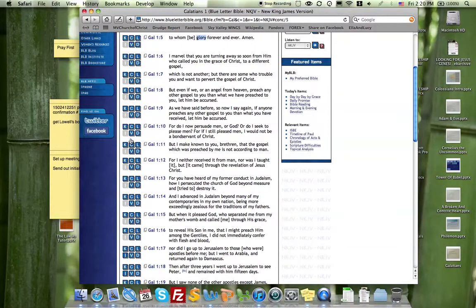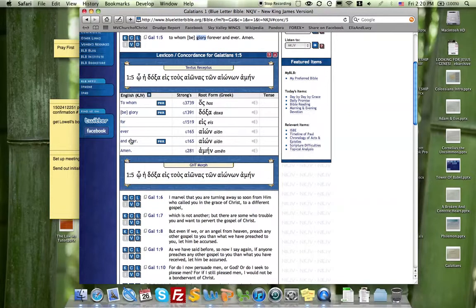So we click on the C, and then what it'll do is it'll pop that verse to the top of our screen, and it will also now give us that entire verse in the Greek, as I've kind of highlighted right there. Now, you don't need to be able to read this Greek in order to look up the word definition. What we're going to do is, you can see below it, it gives each word in the verse